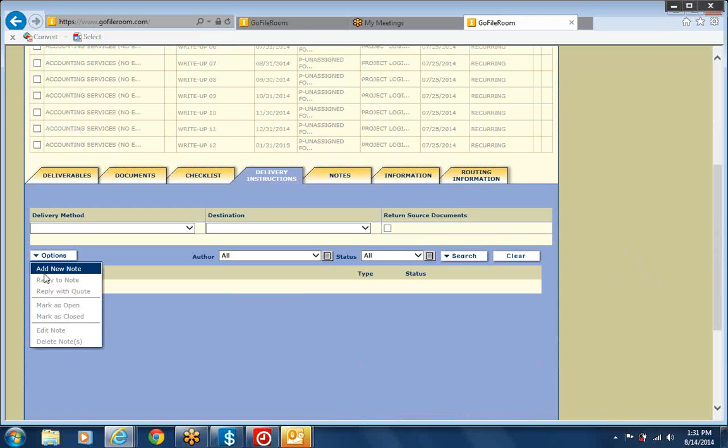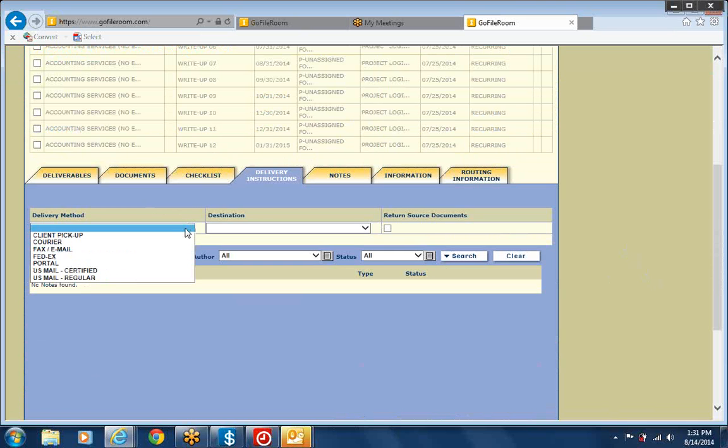And you simply go here and add a new note. And under here, under delivery method, I mean, you guys don't see this a whole lot. It's usually the reviewer that hits it. We've got client pickup, courier, fax, email, FedEx. And you may know better than the partner. At that time, you can go ahead and fill that out for the partner. And the destination. There is a,